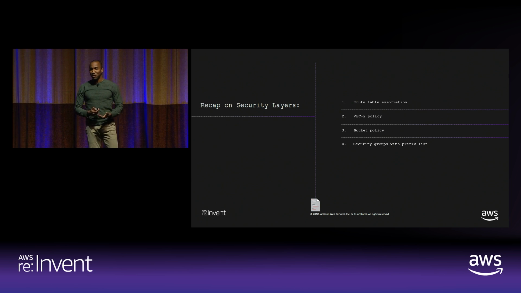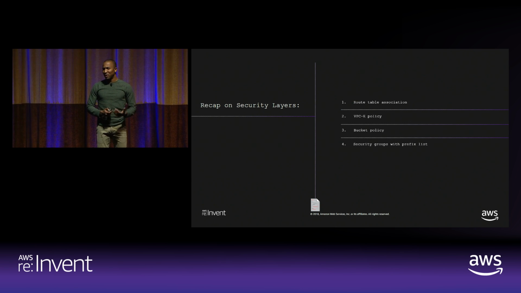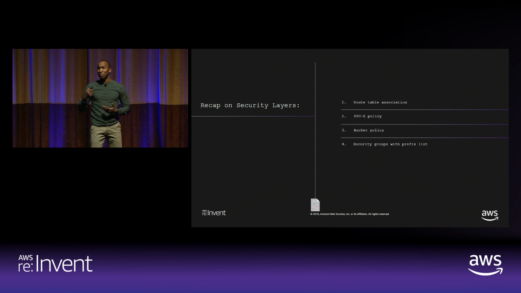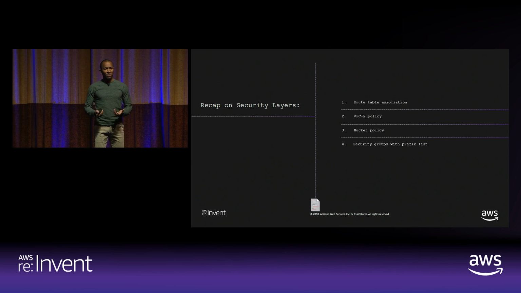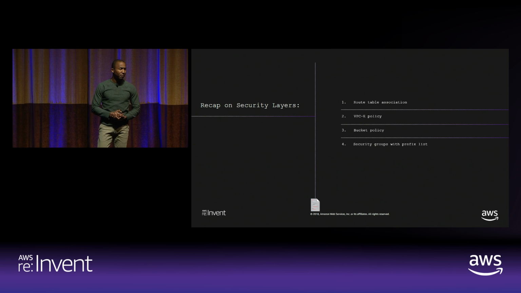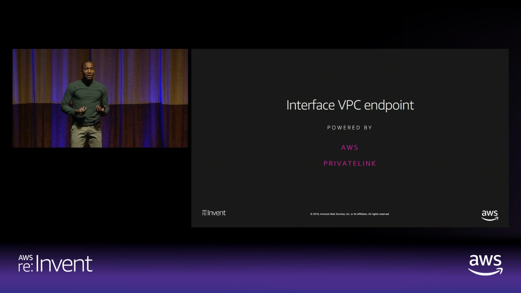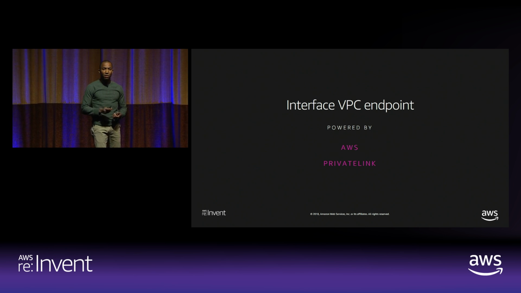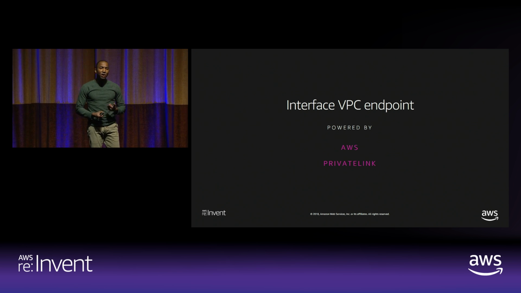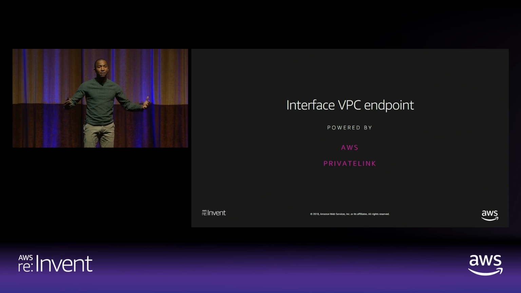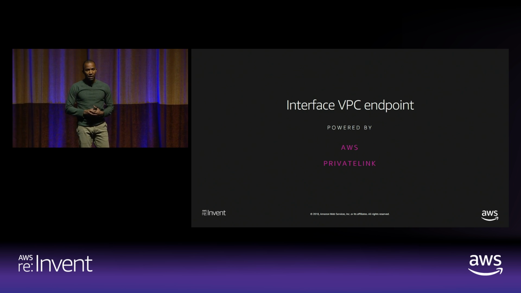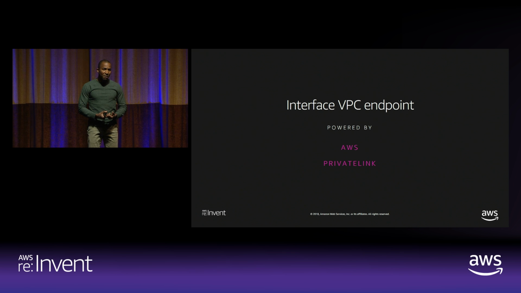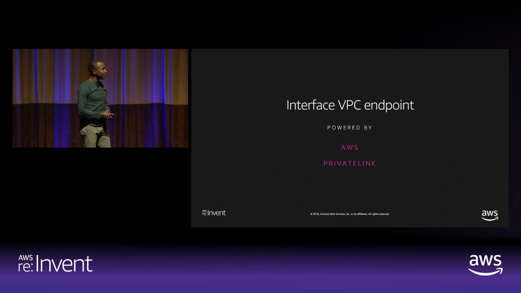Okay, great. So I can access DynamoDB and S3. But that's not the only services that I use. I'm using Kinesis a lot these days. How do I actually gain private access to that? And what is the difference, really, between an interface endpoint and a gateway endpoint? Well, an interface endpoint gives you the ability to create network interfaces inside subnets in your VPC to act as an entry point for services like Kinesis that exist within the public space for AWS. Because this is a network interface, you can then do things like add security groups to your interface endpoints.